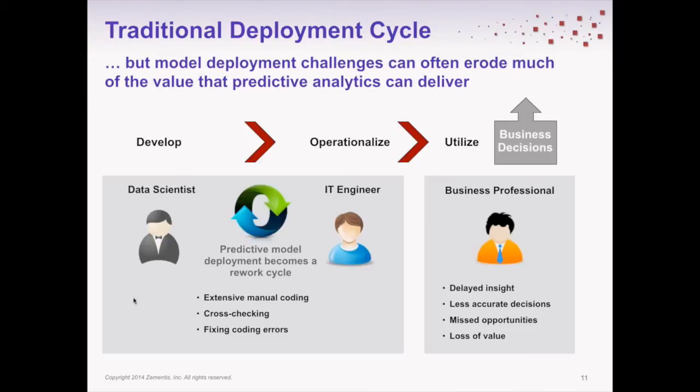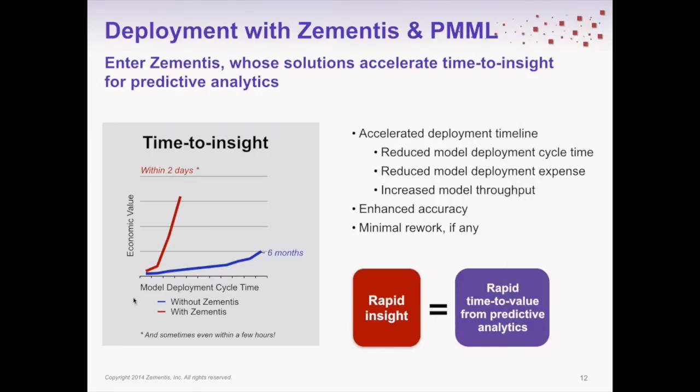Really downstream, the impact is very, very measurable. For us, on the technology side, it seems obvious that the simple solution is to make that crossover from development to operational deployment faster. And that's exactly what Zementis products do, and PMML as a standard was envisioned to really facilitate. So accelerating time to insight, time to deployment, reducing that model cycle time from literally 6, 9, or 12 months to days. Ideally, it would be minutes.